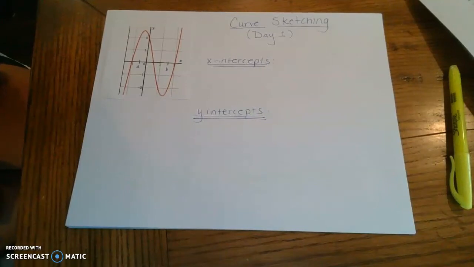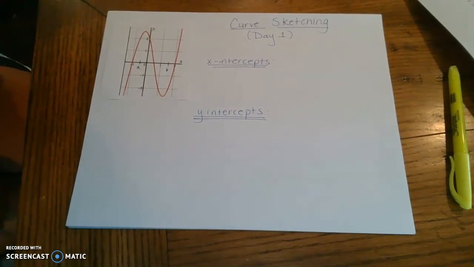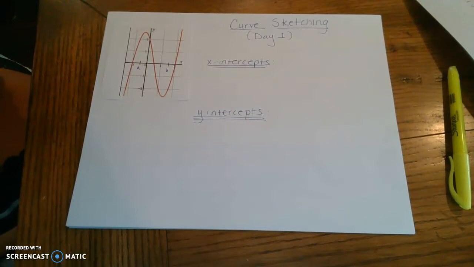All right, guys, we're starting a new unit. It's called curve sketching. We're still going to work with the idea of the derivative and how it relates to graphs. And we start to look more of an abstract view using derivatives. But today we're just going to talk about things that you do know and link the first derivative algebraically to